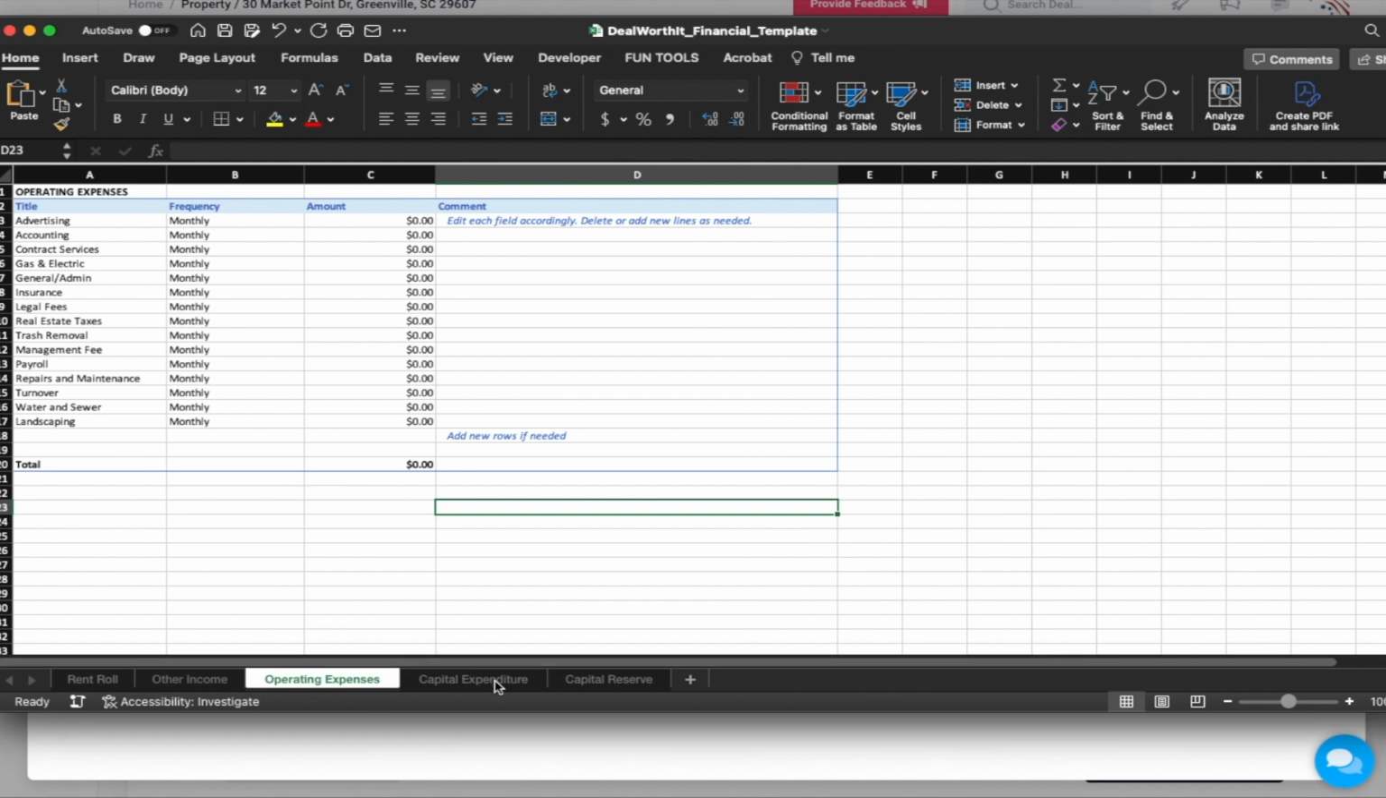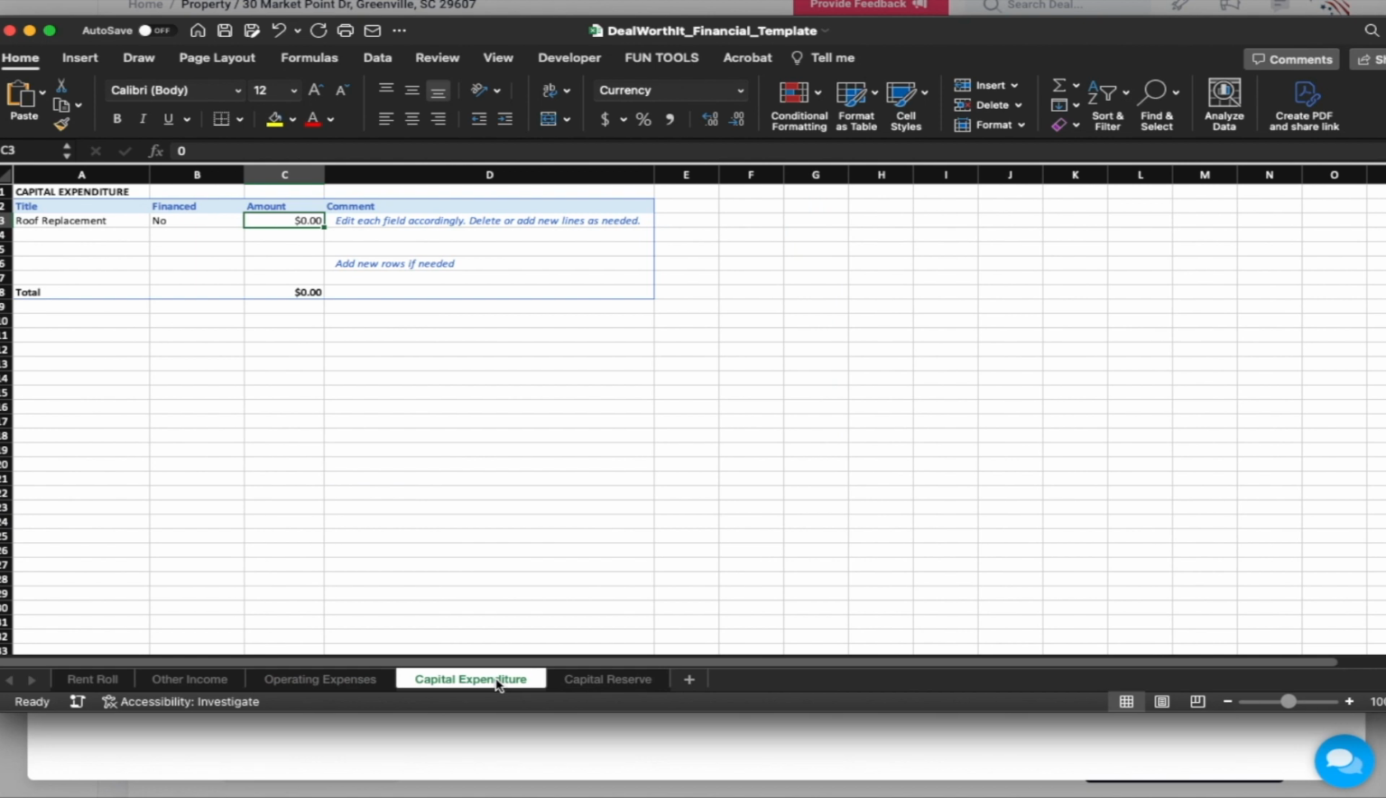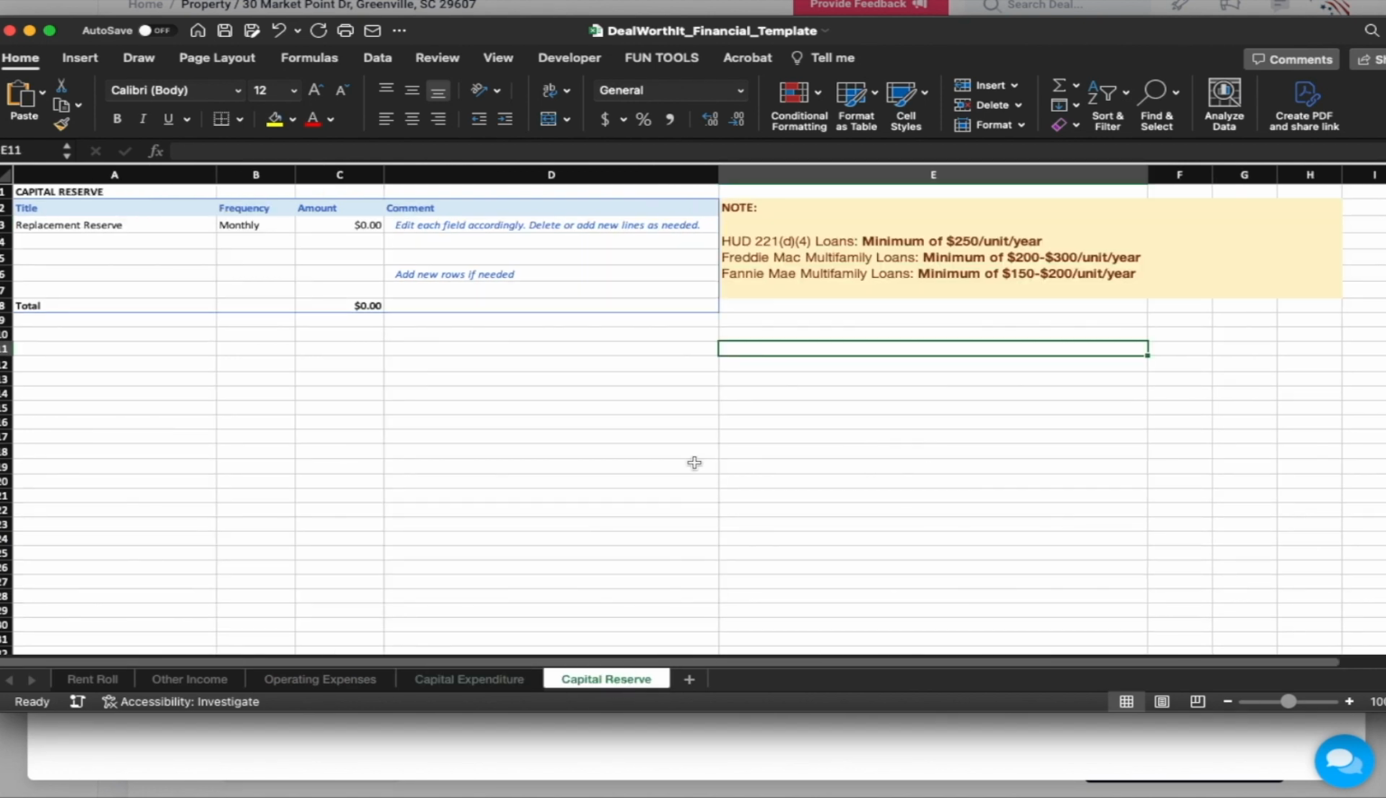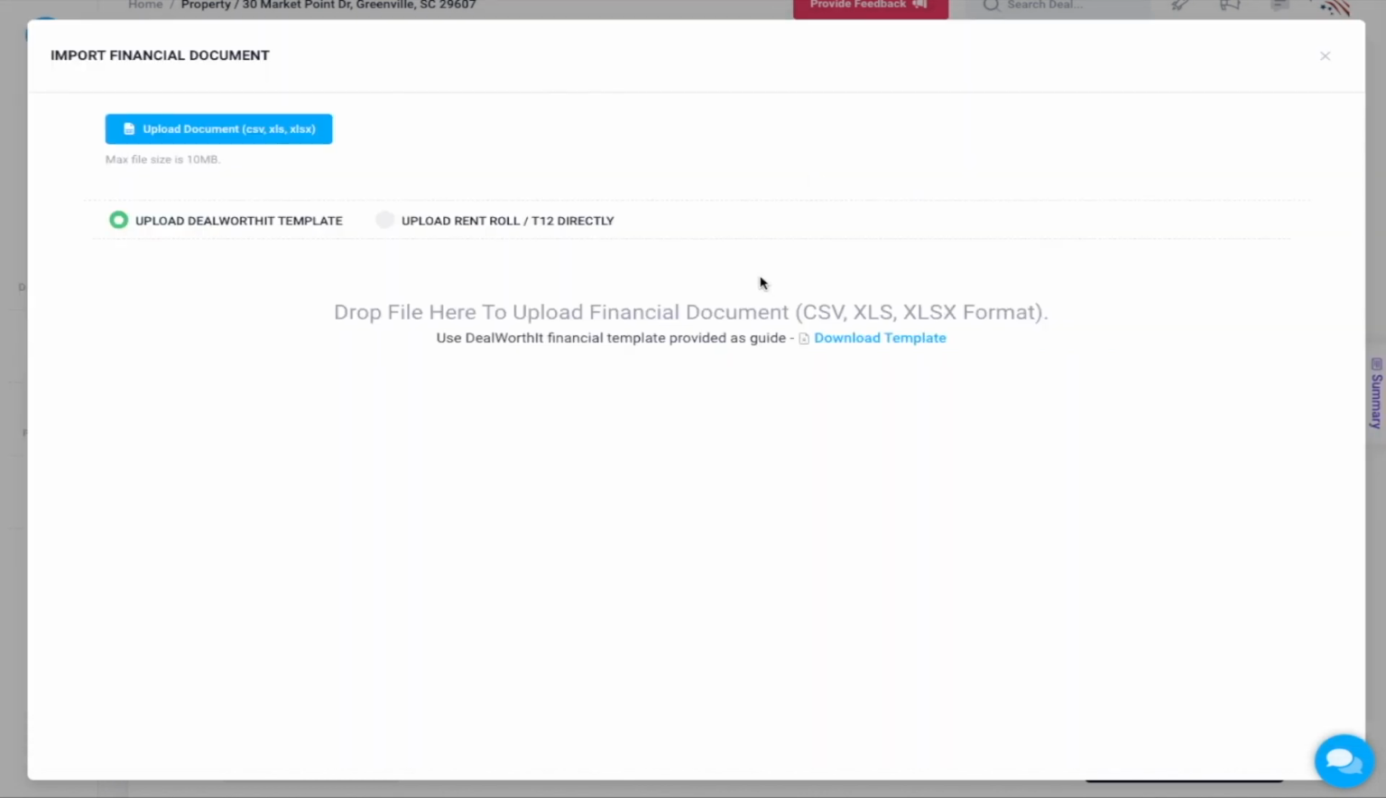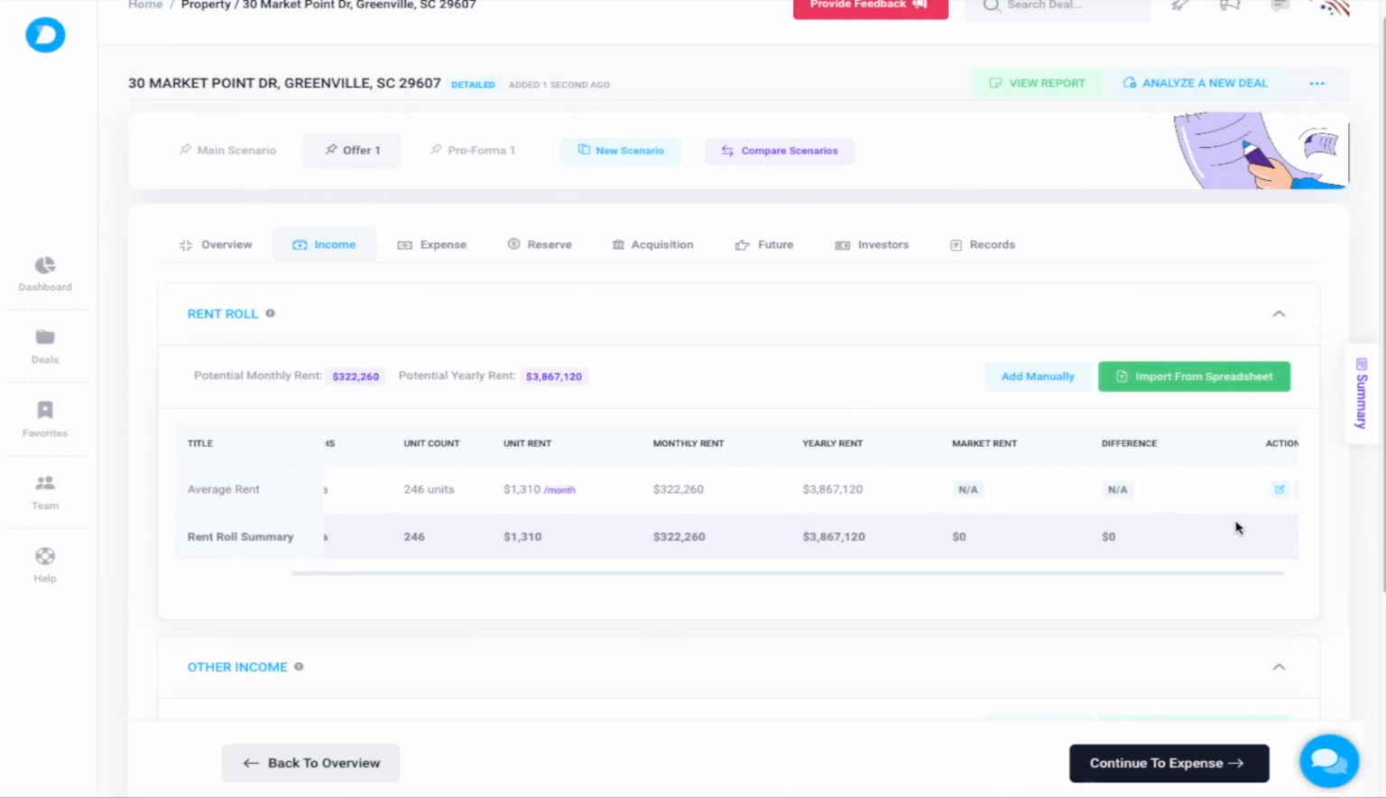If you don't have some sort of spreadsheet or way to enter this and you don't feel like clicking within to add each line item manually within DealWorthIt, you can actually go through here, enter some information into a spreadsheet, and then the spreadsheet itself, when you upload it, will automatically map those fields for you. The other thing that we can do is we can upload a rent roll or a T12 directly. So if I wanted to, right, and we want to do it that way, what I'm going to do is